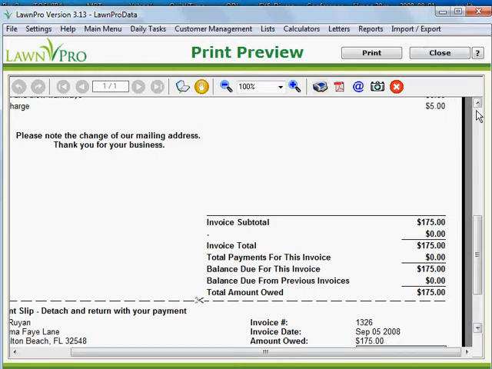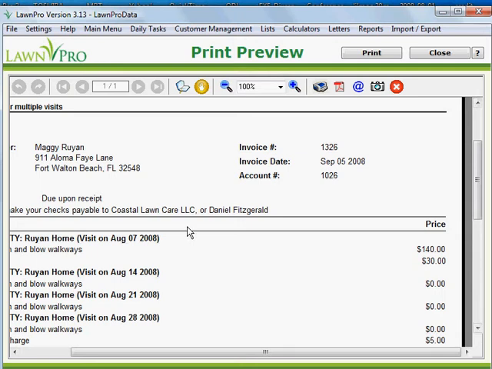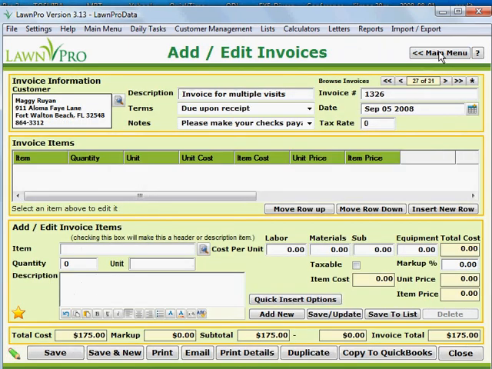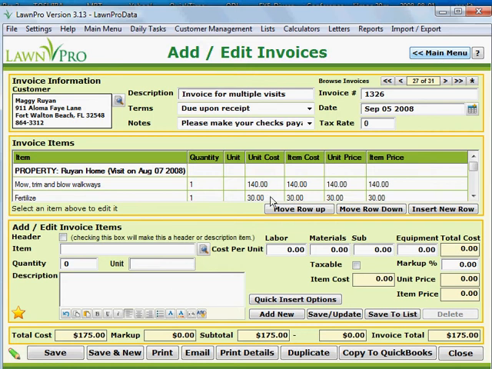So normally I just look at it real quick to make sure it looks the way I want, and double check that these are in the right order. Again, sometimes they're not, and sometimes I catch it before I print it. So then I just push print, and then I push close. If for some reason you want to reprint it again, or you forgot to print it or something like that, or you want to change